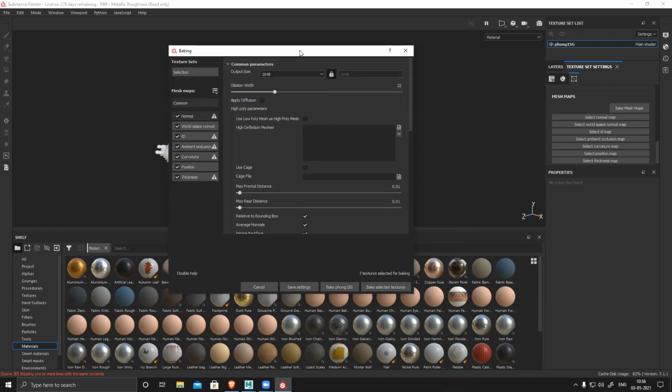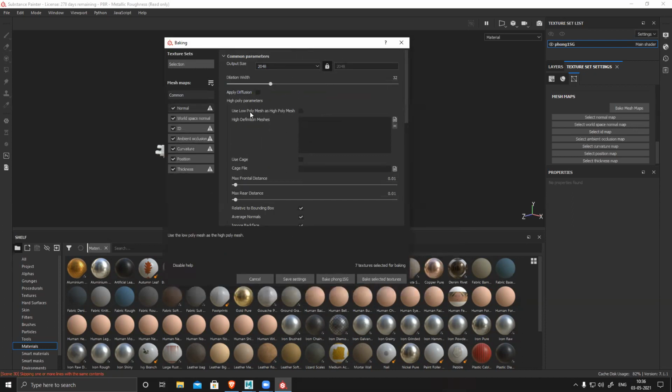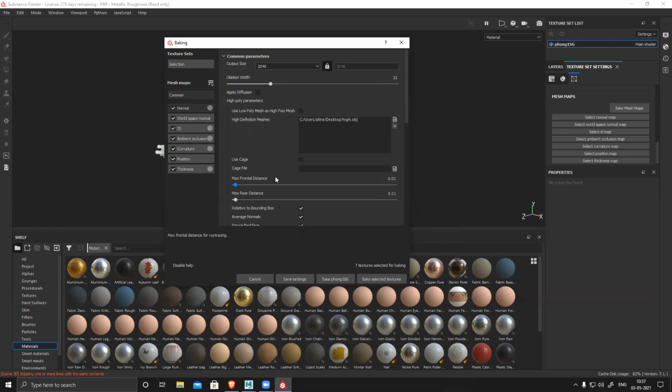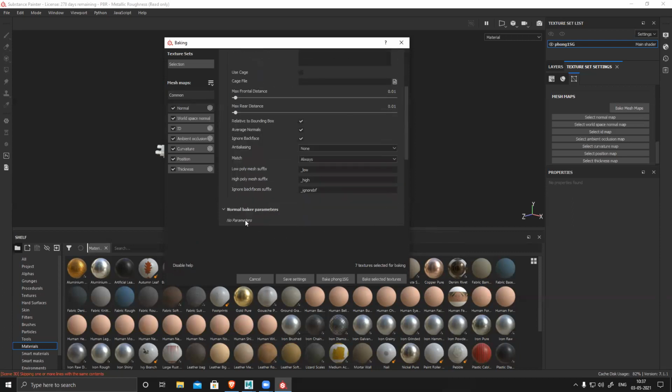So open this window, click on this, and now I can see here, if I don't have a high poly, I can click on this, use my low poly as high poly and bake everything. But I have a high poly. So click on this surface, select your high poly, open it. Done. No need to modify anything if you don't want.